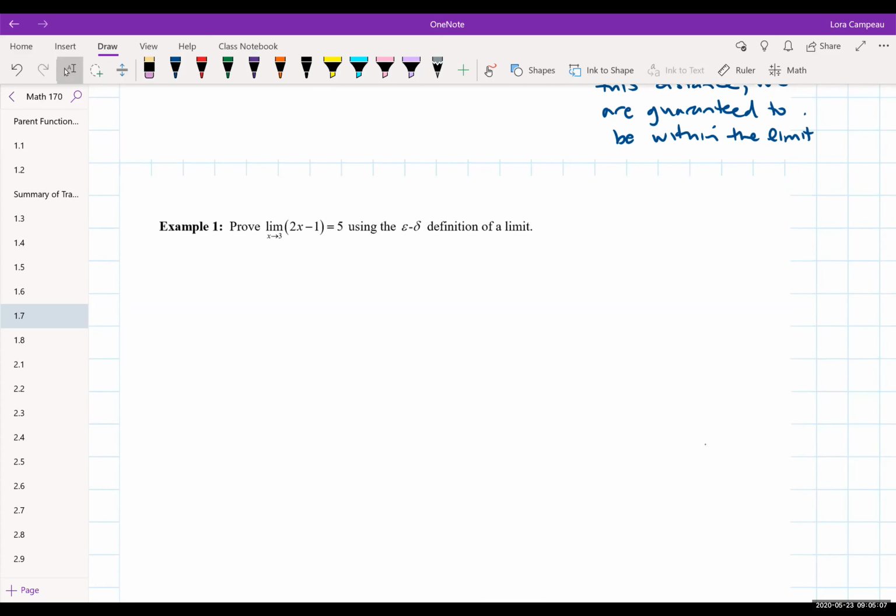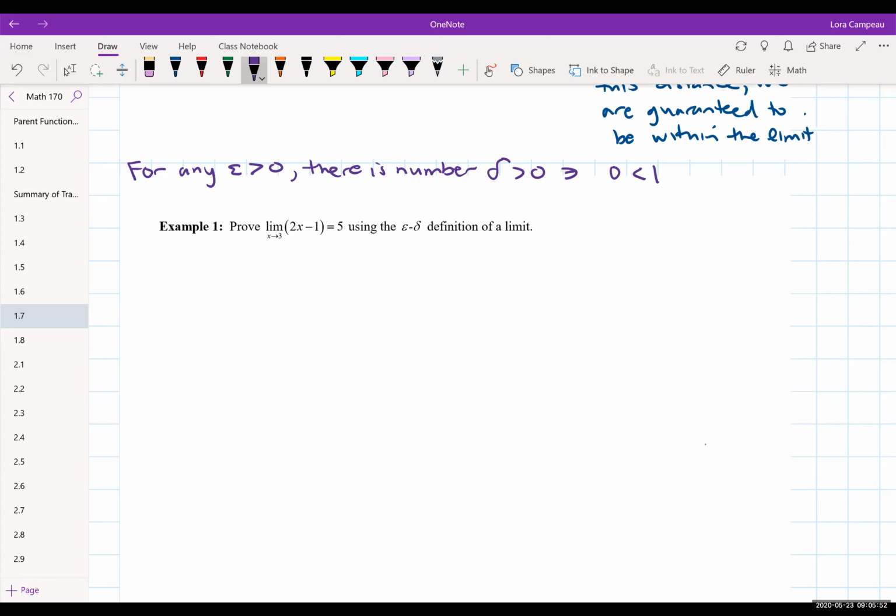It's one of our first experiences with proofs. And usually what I do when I'm proving these delta epsilon pieces is I like to write out the actual definition so that you can break this up into about 3 different parts. Let me see if I can write it out in general. So I'm going to recopy what the definition is. So for any epsilon greater than 0, there is a number delta greater than 0 such that